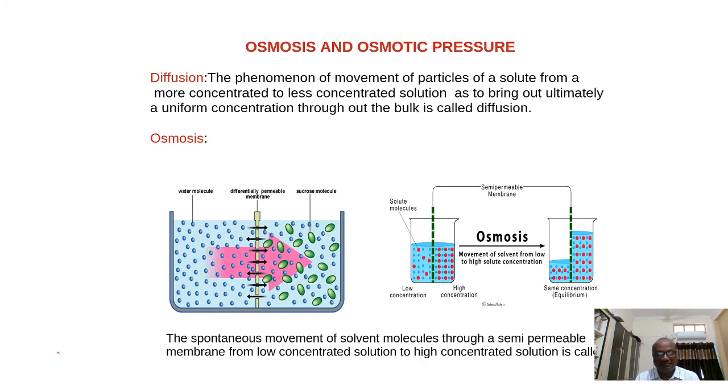Next, you see osmosis and osmotic pressure. What is the meaning of osmosis and osmotic pressure? Before discussing the concept of osmosis, let me see about the meaning of diffusion. What is the meaning of diffusion? Suppose a lower concentrated solution and higher concentrated solution, both of them are mixed together. So we are mixing two different solutions of the same solute, let's say, of different concentrations.